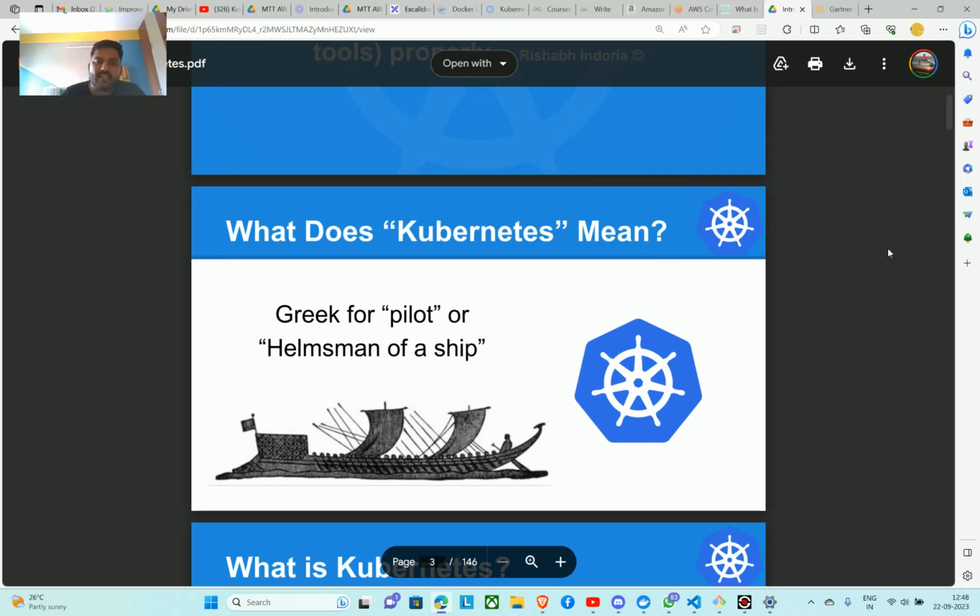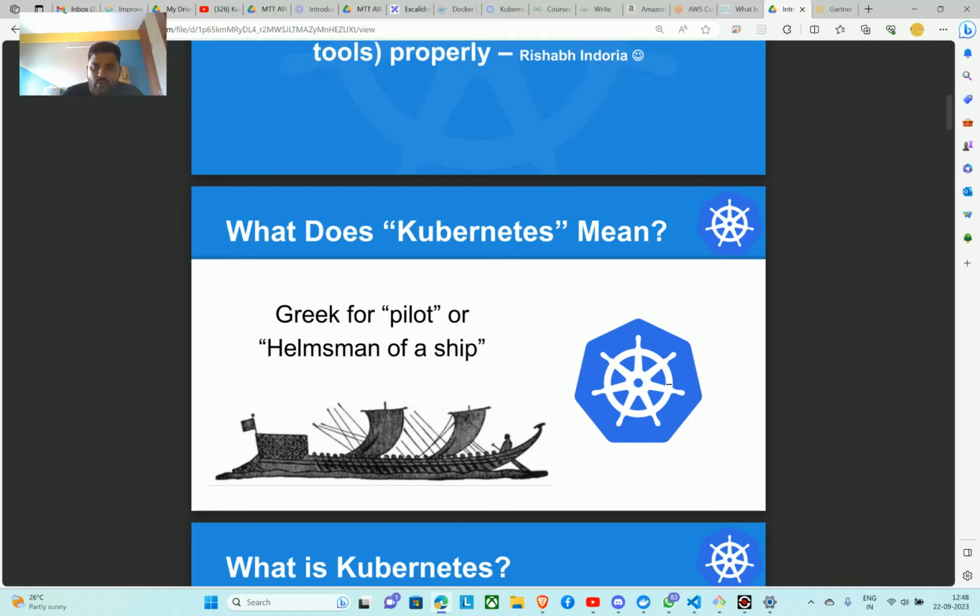So first let us understand what the term Kubernetes means. Okay, so Kubernetes is derived from a Greek word which means pilot or helmsman of a ship. For a big ship, there will be one pilot or one controller who will be controlling the ship. In a similar fashion, Kubernetes is derived from that word, and as you can see, its logo also indicates the wheel, I mean the driving wheel of a ship. So that is about the naming convention and how it got its name, right?